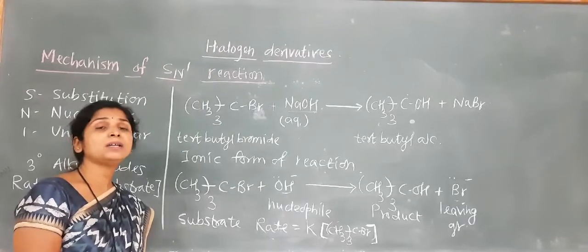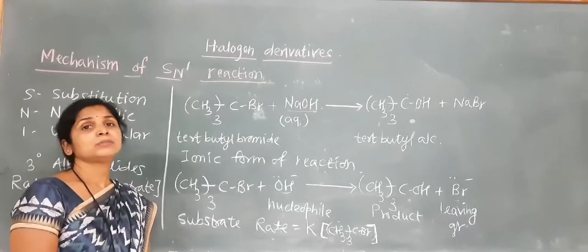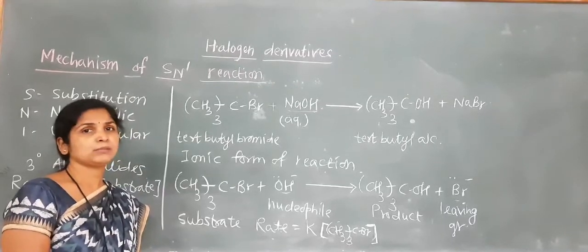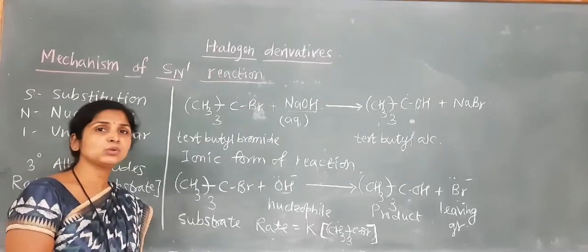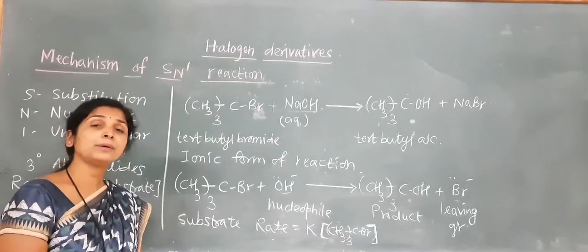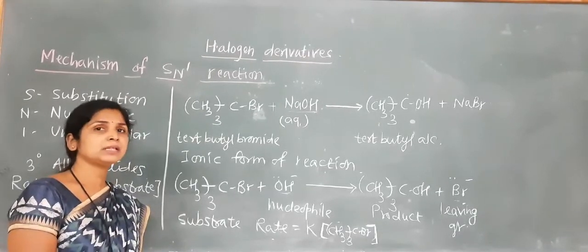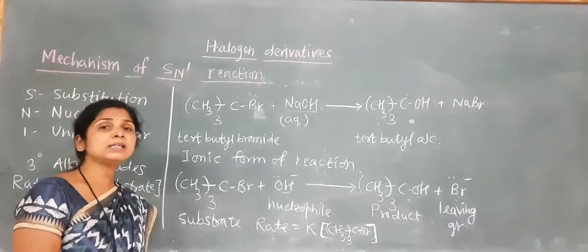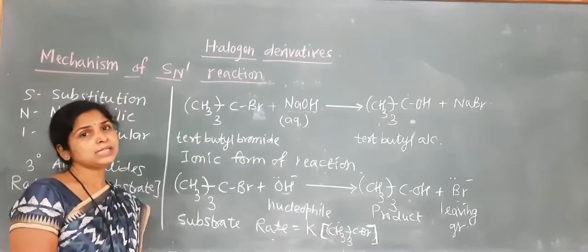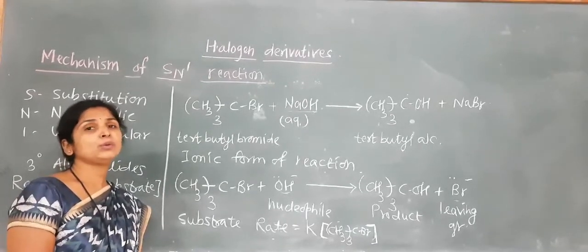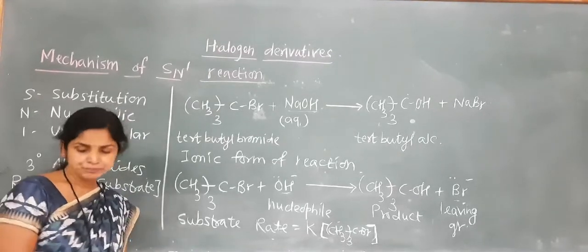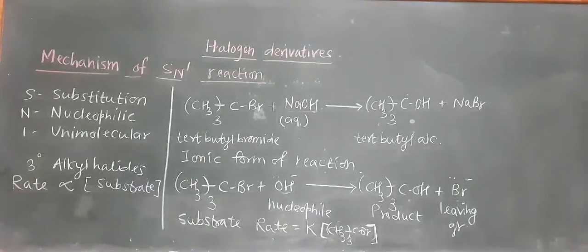Now we will see why two steps are occurring, whereas in SN2 reaction it was only a one-step process. SN2 ही फक्त वन स्टेप प्रोसेस होती. आता SN1 सेम टाइपची रिॲक्शन आहे, अल्कलाइन हायड्रोलिसिस आहे, पण ती दोन स्टेप मध्ये का झालेली आहे त्याचं रिझन आपल्याला बघावं लागेल. The reason behind this is the nucleophile which is going to approach the substrate molecule. The approach of the nucleophile towards the substrate molecule, that is the important part, and that we have to see in the next part of this lecture.